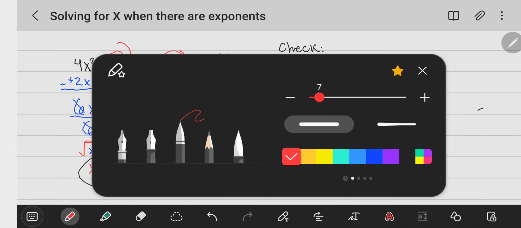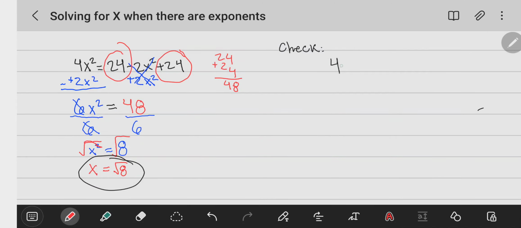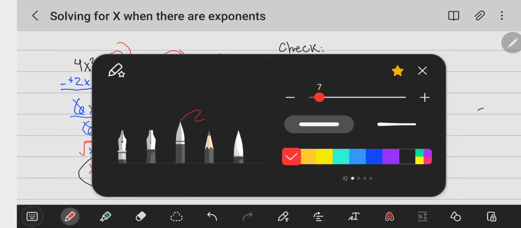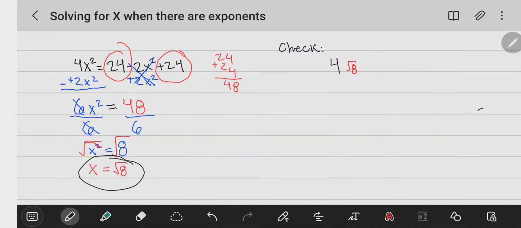But we're going to replace our x with our radical 8, okay? So it'll be radical 8, and then the part of the original equation, if you can see on this side, is the fact that it's squared. So we're going to go ahead and do that. We're going to put it in parentheses and add the squared, like how it has it in the original equation. Then we're going to put equals 24